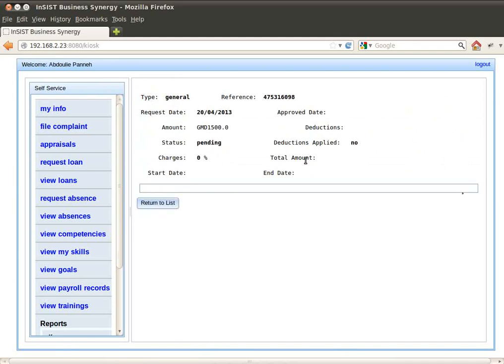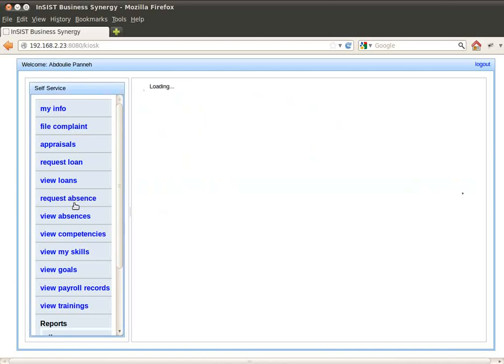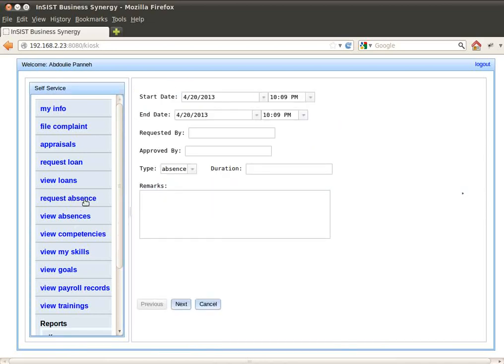Now, after the HR executive or the relevant personnel has approved or declined the loan request, the information will be appended here. And the employee can of course go in again, log in to confirm if their loan request has been approved or declined. They are also allowed to request for absences, and once absences have been requested for, they will be